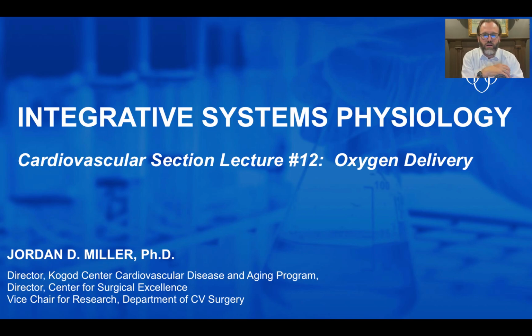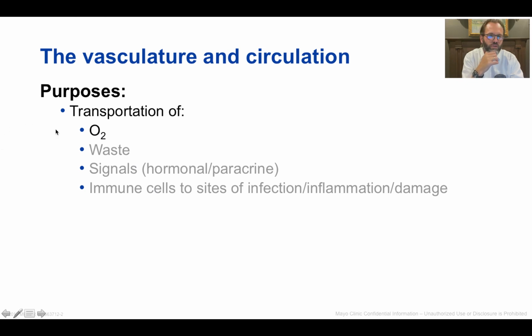And so again, when we're looking at the vasculature and circulation, including the cardiac system, a primary purpose of the cardiovascular system is the transportation of oxygen. Of course, there are a number of other significant purposes, which include the removal of metabolic wastes, delivery of signals, including hormonal and paracrine signals, as well as delivery of immune cells to the sites of inflammation or infection. Of course, we don't necessarily touch on those as quantitatively as we do with oxygen delivery and matching metabolic